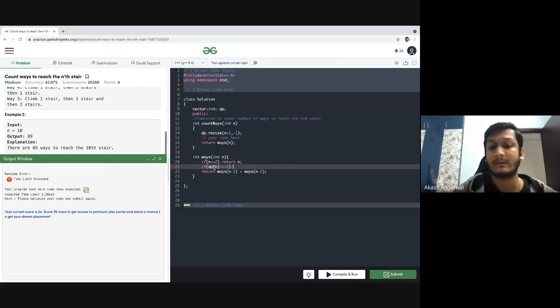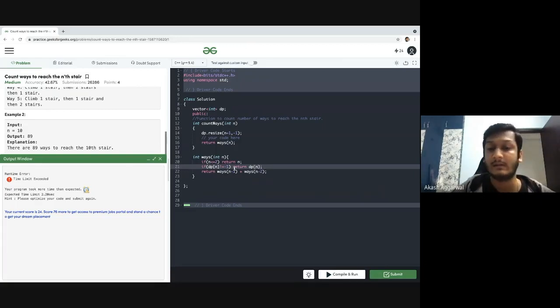Should we compute it again? What does that mean? If dp of n is not equal to -1, that means we have already computed that subproblem. So we need not recompute it again. We can just directly return dp of n. Sorry, n.